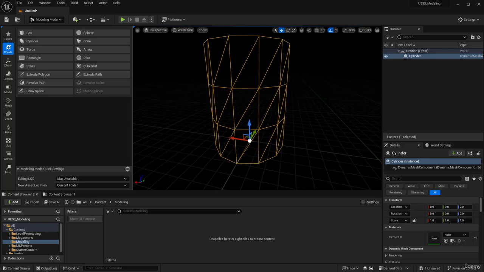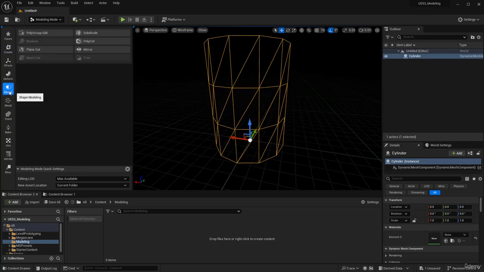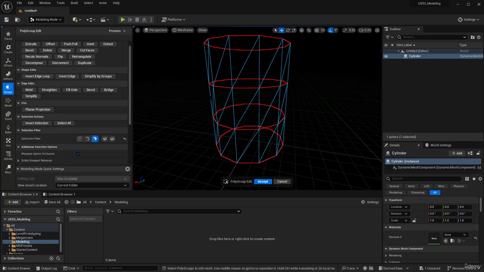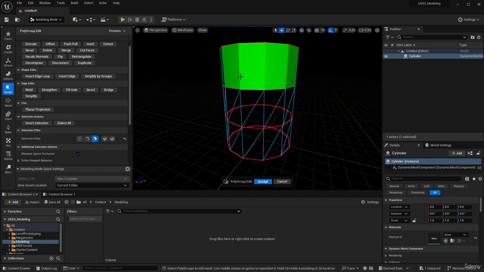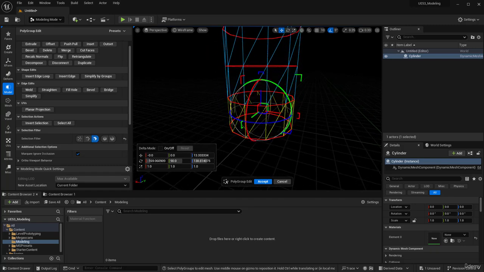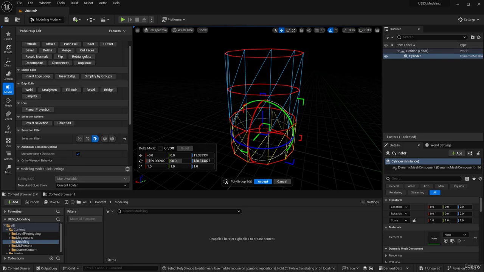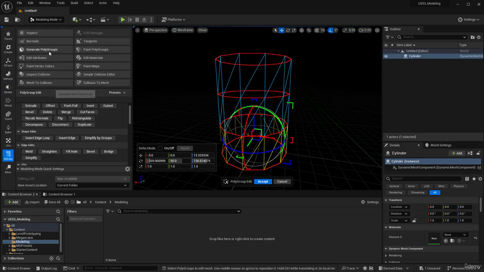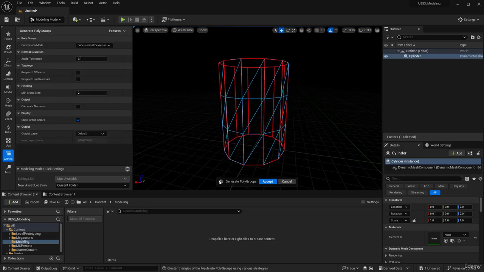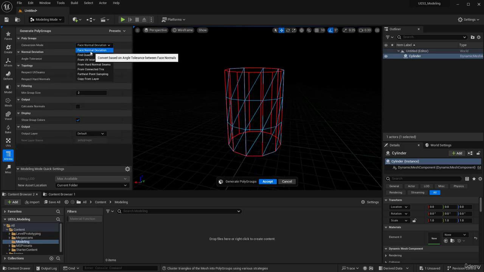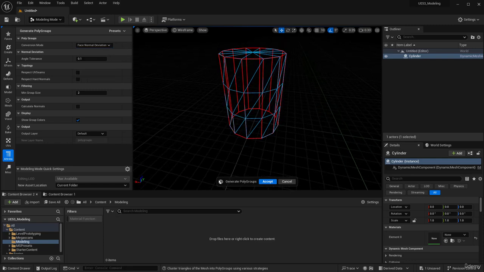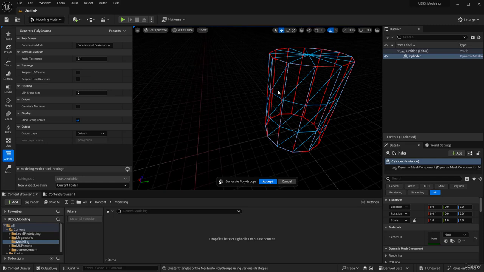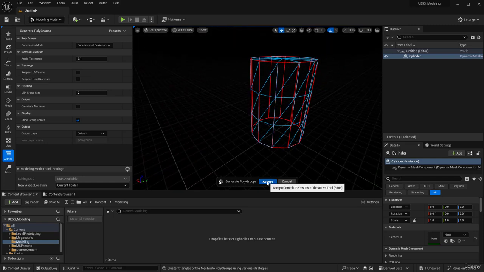So now if I go ahead to the model and if I click on polygroup, so you can see I can select the loops, right? But I want to select it vertically. So if you go to the attributes and if you go to generate polygroups, and if I set that to face normal deviation, basically this will create a polygroup for the faces that are facing their normal. So now if I hit accept,